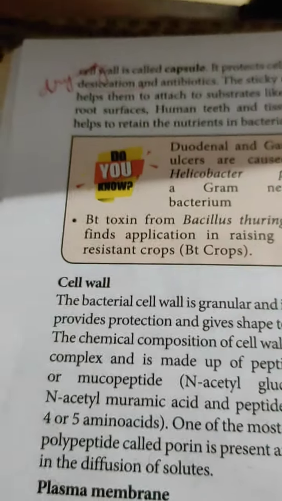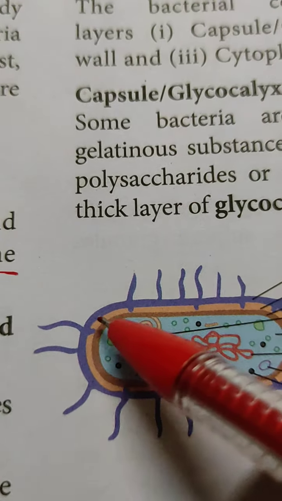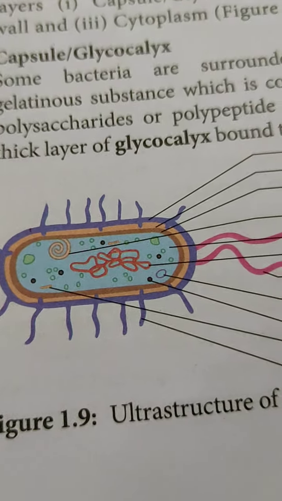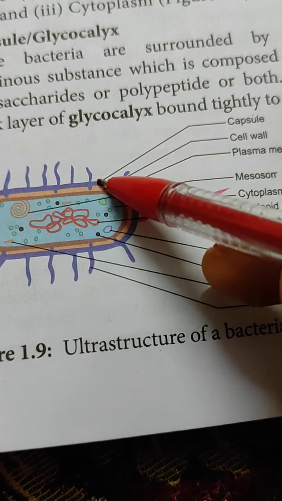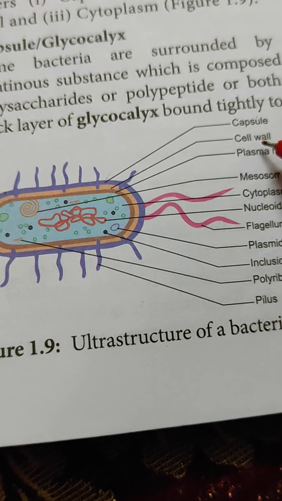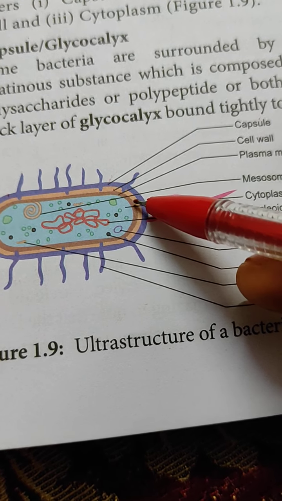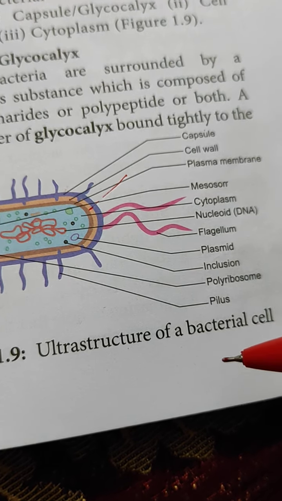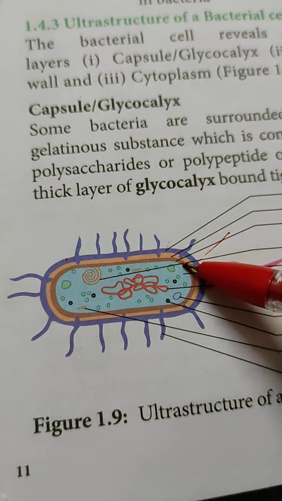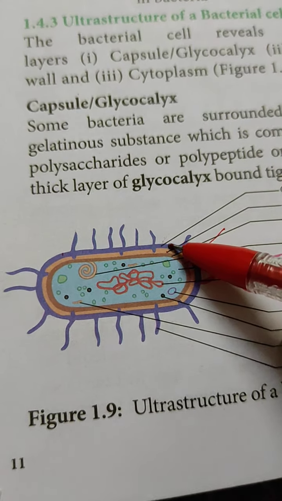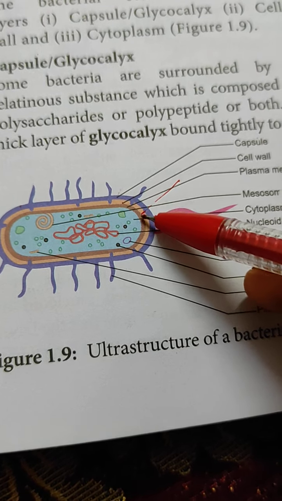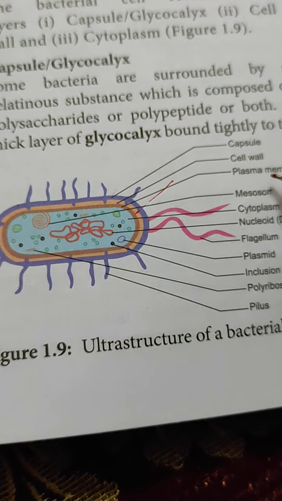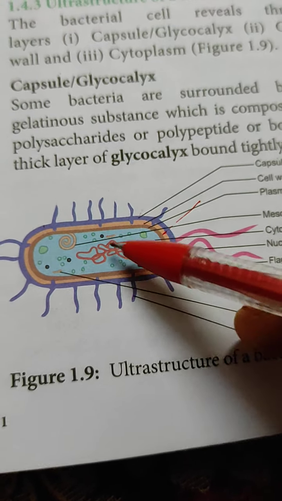Now, next, the second part we have told, that is called the cell wall. The structure of the bacterial cell has been given here. We can see this is the capsule, a blue color structure. Next one is the cell wall, that is the yellow color. In between the yellow color, we can see the periplasmic space, which has not been marked. Inner to this yellow color is the cell wall. Then this saffron color is the cell plasma membrane. Inner to the plasma membrane, the cytoplasm.